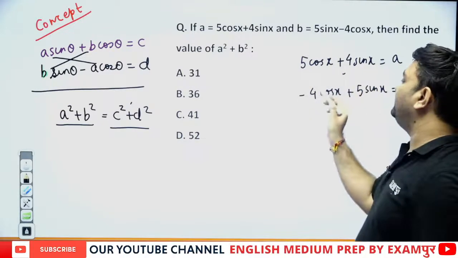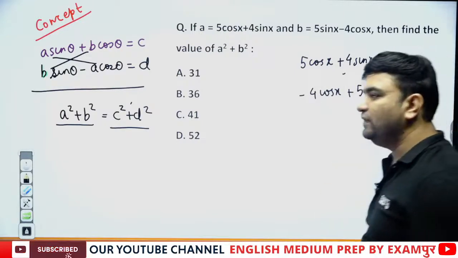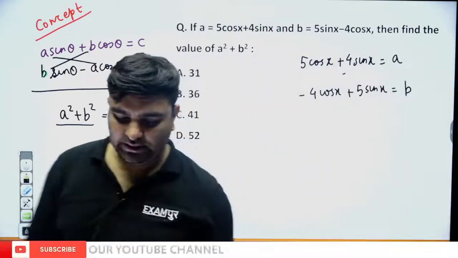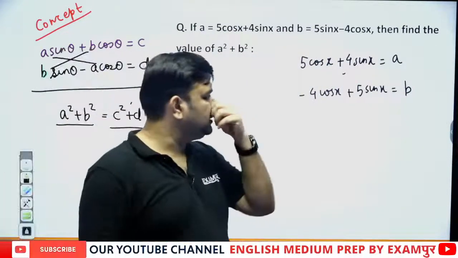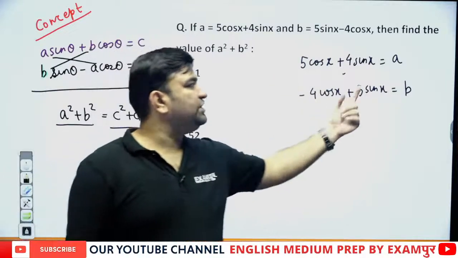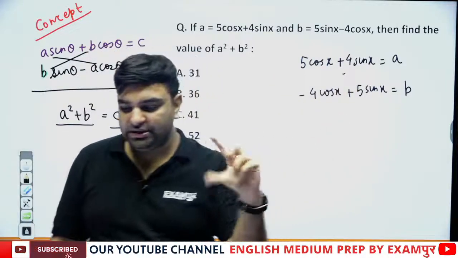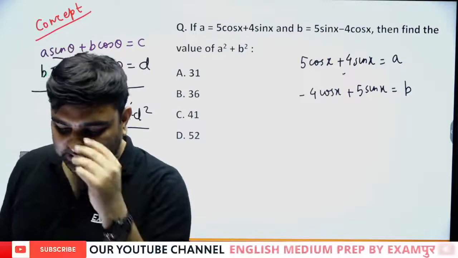If you write this first and this later, then you will see that the change in sign is also there. So whenever the coefficients are interchanged and there is a change of sign at one place,